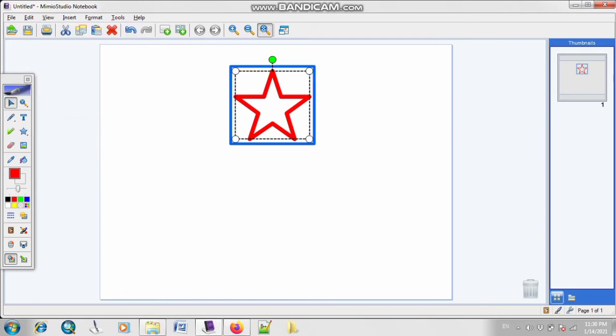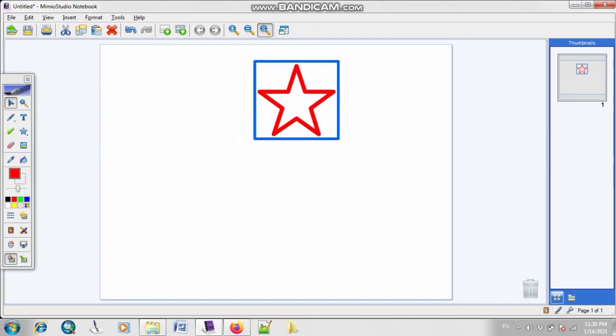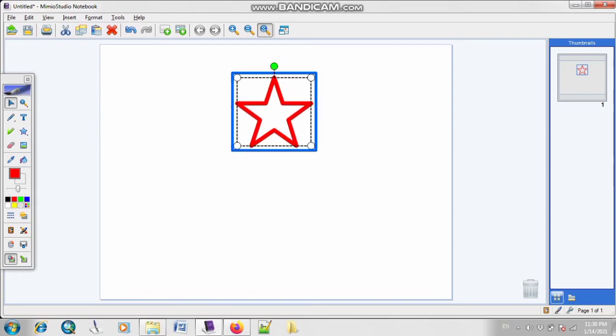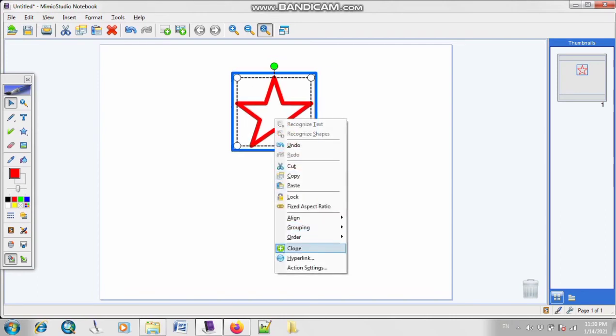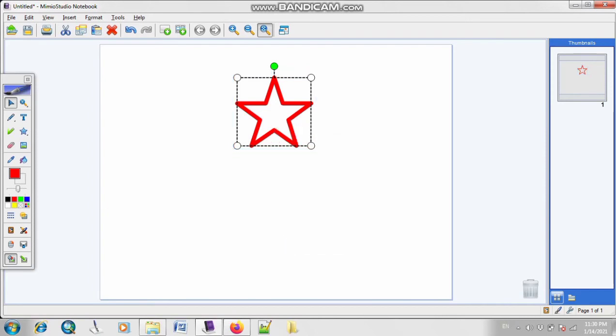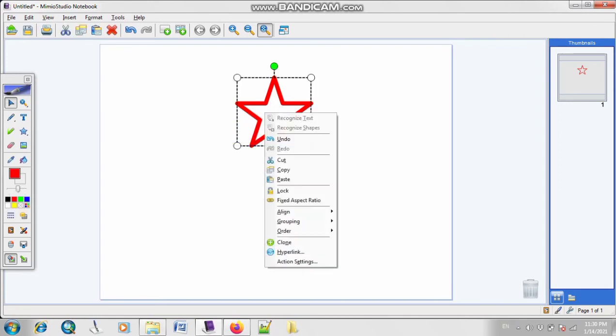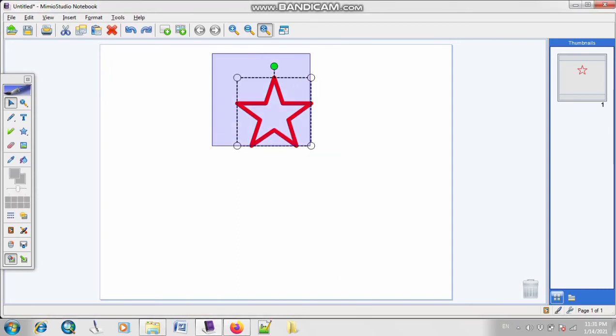If you click on this option and right click and click on this option of clone, as you can see, you can generate multiple copies of that shape.